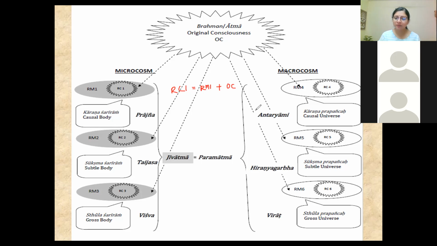How do we know this? Because if you want the reflected sun, then you need to have a mirror and you need to have the original sun. When you put the 2 together, then you get the reflection of the sun in that mirror. So RC is equal to RM plus